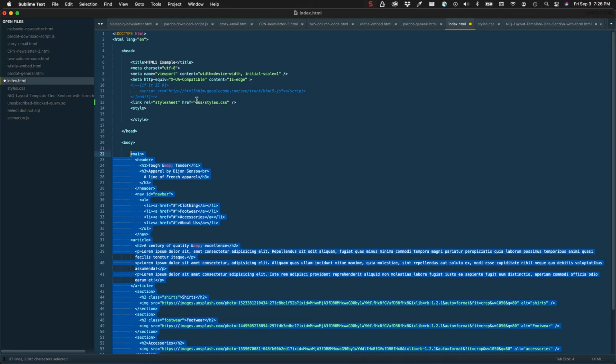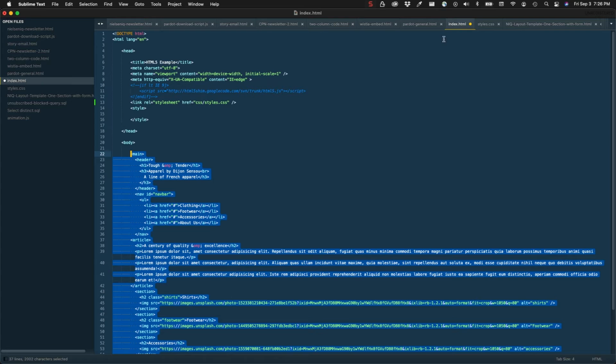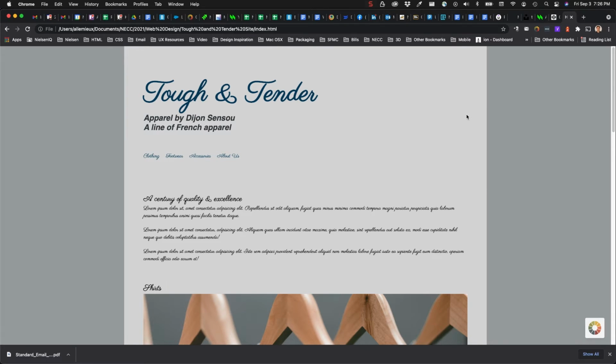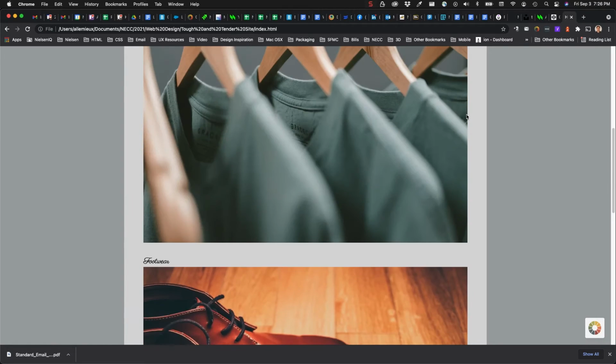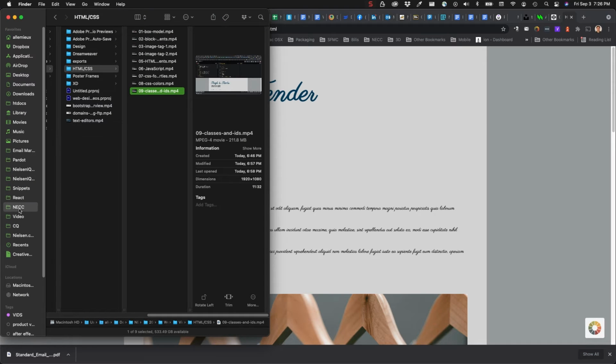And what I've done with the styles is that I've added them to a separate file called styles.css. And that is located in a folder called CSS. And you can see that styles.css is being linked to this document. So when we look at the document inside of a browser, it looks the same way as we saw it in CodePen. Okay, so to show you the folder structure there, I can see in my folder,